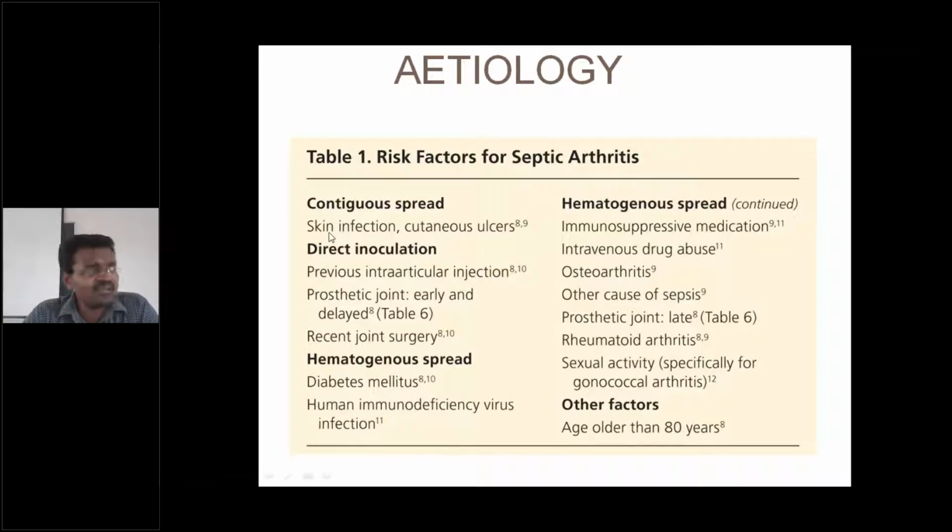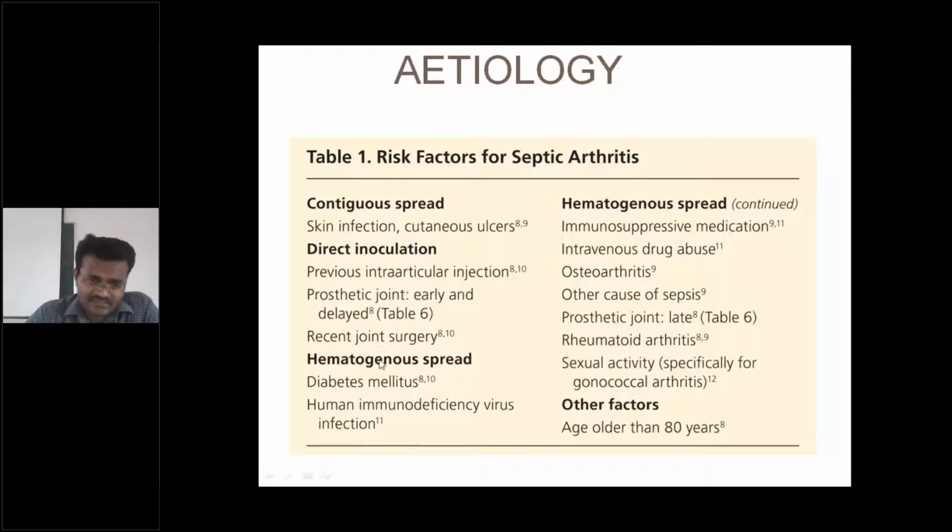Sometimes the skin infection may be at a remote area, but that infection spreads through the blood. That is hematogenous spread. Okay, contiguous spread is directly at the knee joint or hip joint. That skin may get infected, may ulcerate, and the infection may go into the joint. A direct inoculation, that is intraarticular injections. Okay, and any prosthetic joint. Particularly TKR, total knee replacement, total hip replacement. If you have not done it under septic conditions, if while doing surgery you are not very septic, they may